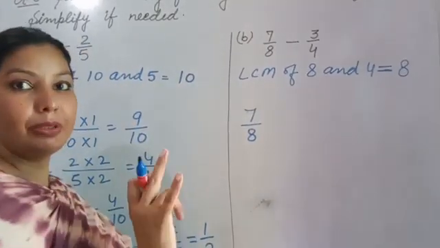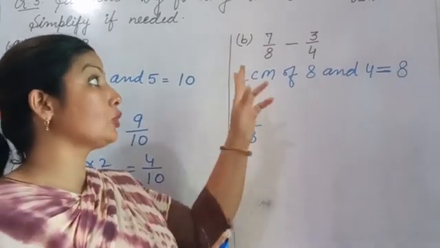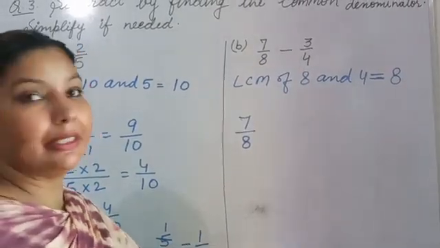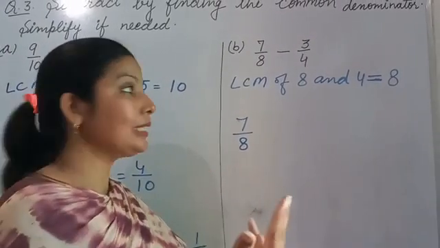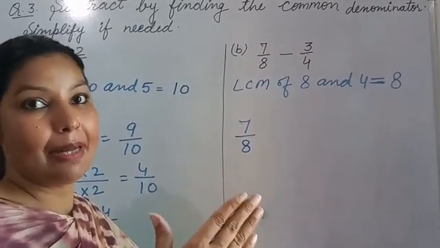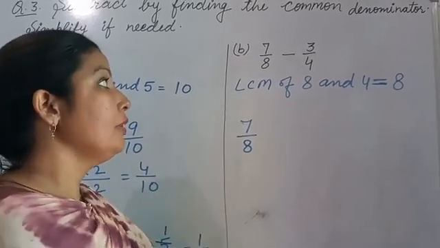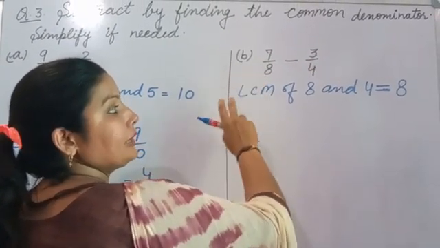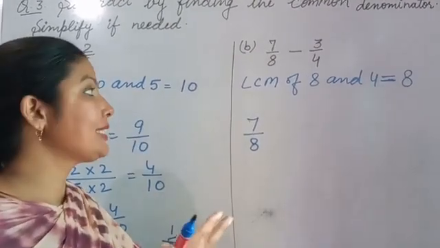In 3 conditions, I am explaining to you in 1 minute, you can get the LCM directly. One, if both denominators are prime, we should multiply them and we get the LCM. If one is prime and one is composite, we will recite the prime number's table. If the composite number comes in that table, then that composite will be your LCM. And if composite is not coming, then again their product will be the LCM. And third, recite the smaller number's table. If you are getting the big number in that, then big will be your LCM. So these are the 3 conditions in which you can get the LCM directly.